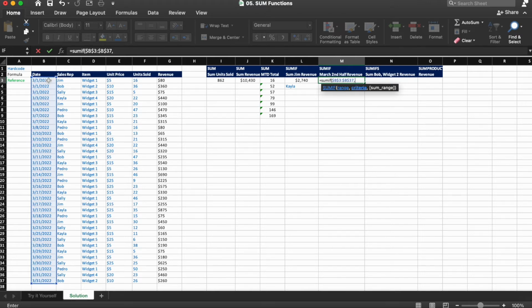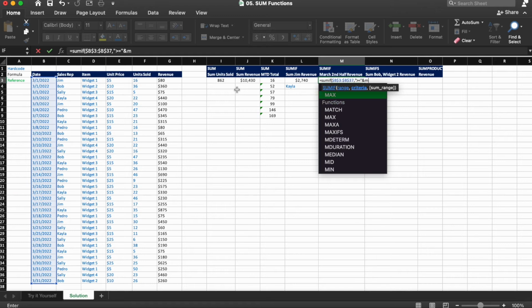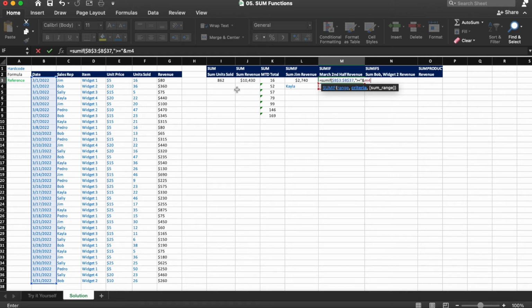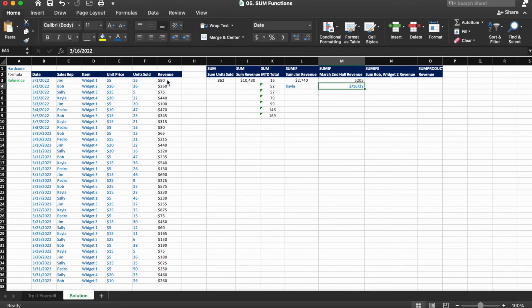Then we're going to do comma, open quote, greater than, equal, close quote, the ampersand sign, which is Shift 7 on your keyboard, and then we're going to select M4, where we put the date, and then we are going to sum the range G3 through G37. Close our parentheses there.